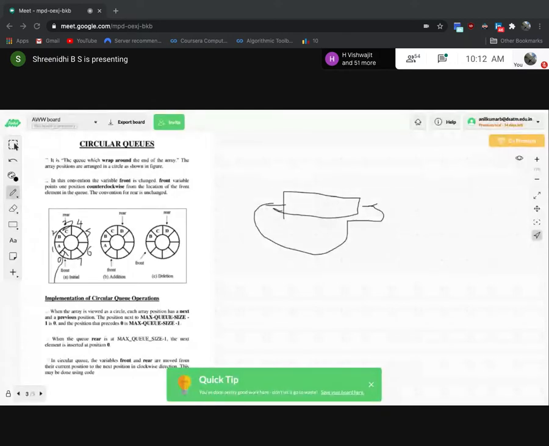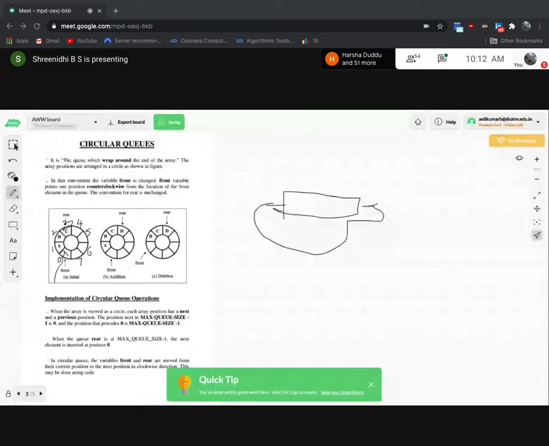If you increment the front value from -1 to 0, it is a deletion of the data from the queue. So it is going to delete the data from the queue. What is the data deleted here?